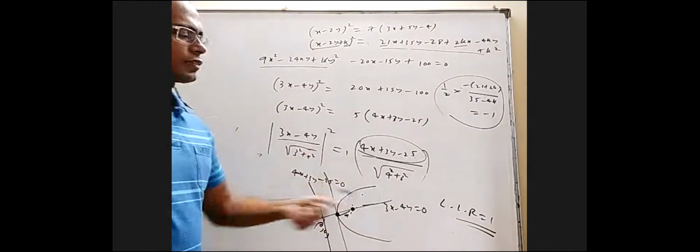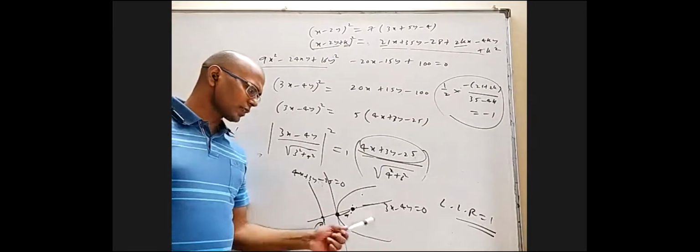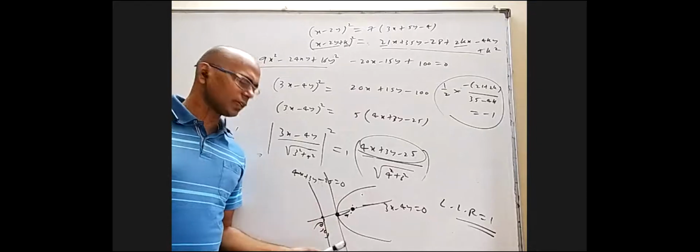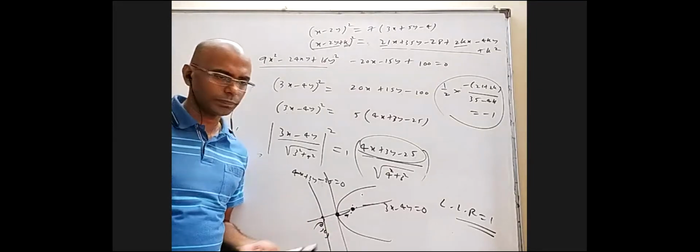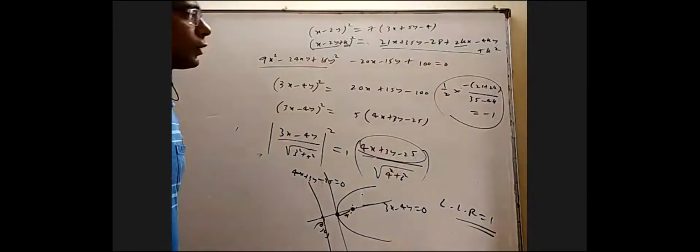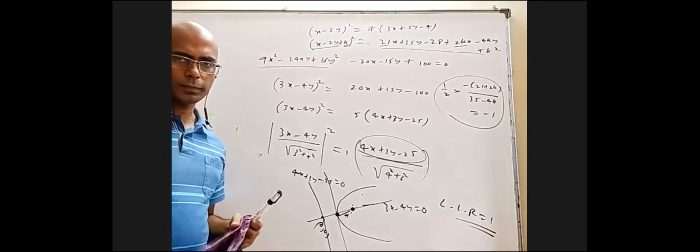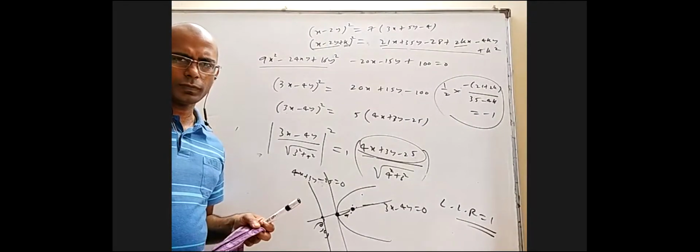But in this form of the equation, what 3 things, or 4 things, are easy to identify: axis, tangent at vertex, length of latus rectum, and vertex itself. Focus and directrix, if they want, we'll work and find. Is it all right, or does anybody have any doubt about this theory here? All right.